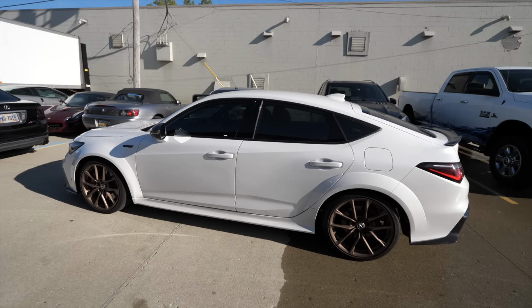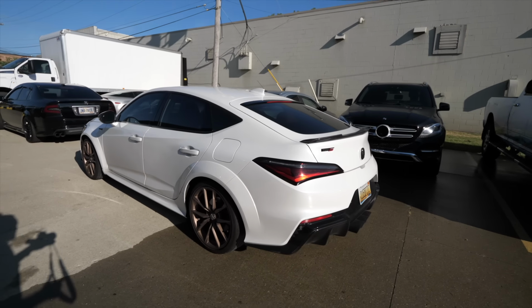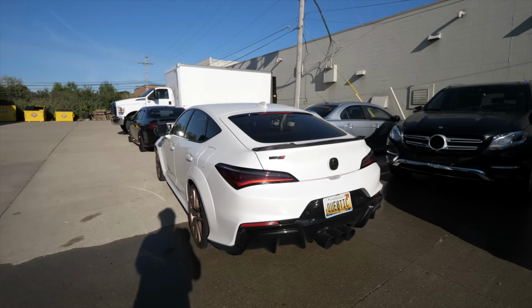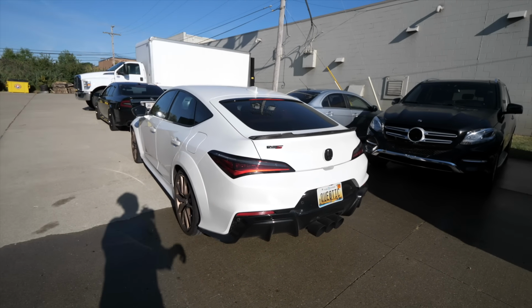I do prefer the size of this one a whole lot more, so it's kind of hard to find a replacement for this car. I just don't know what I would have. Anything's going to be a downgrade for me. Like I said, the Civic Type R would probably be a lateral movement. It does have pros and cons, but I prefer the Integra,